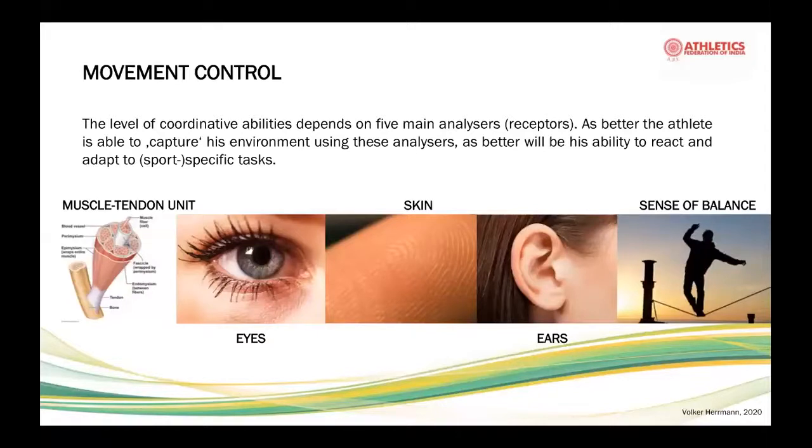which again will help him to enhance his technical knowledge. The sense of balance, again, is important for athletics, because in athletics, in most of the phases, we have a so-called single leg stance phase. When you're running, sprinting, jumping, there's only one foot on the ground. And if you only have one foot on the ground, that's directly reducing the so-called base of balance. And the smaller this base is, the harder it becomes for the body to balance itself. Yeah, if you are sitting on the ground, you might realize, okay, it's very easy to keep the balance. Because if you draw a picture of the area covered by your body parts, your body segments on the ground,